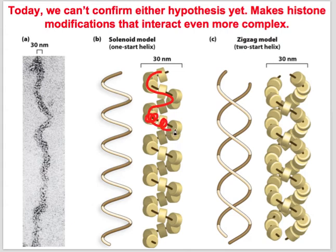So if I draw it like that, it's more like something like this. And these are essentially supercoiling around each other to compact. And you can see that here, how narrow that is. And you can see the little histones right here, how they're stacked just right on top of each other. This is one model. The other is even more beautiful, to say the least: a helix of nucleosomes, an interaction